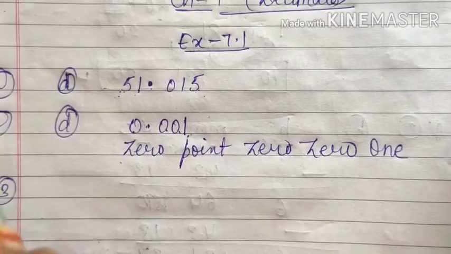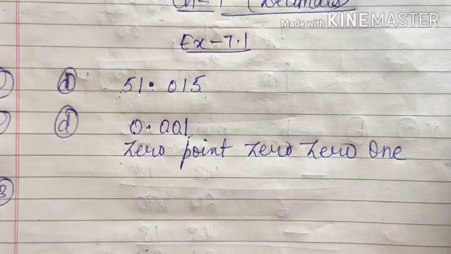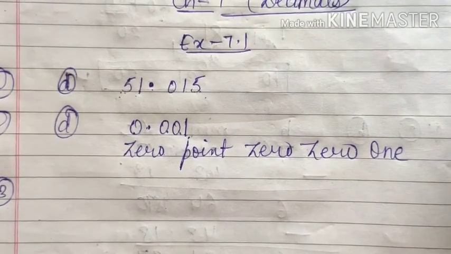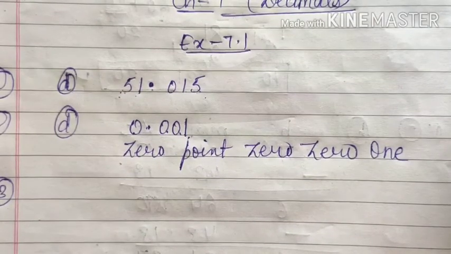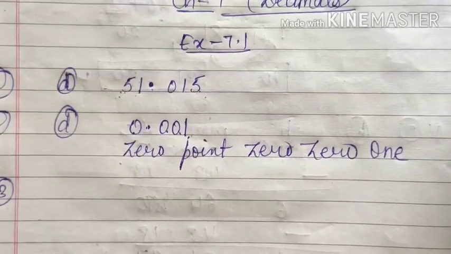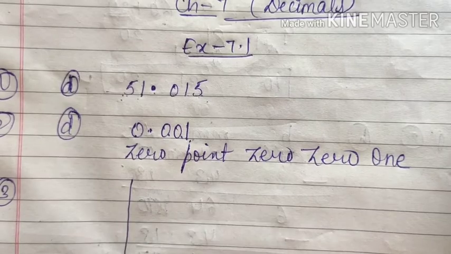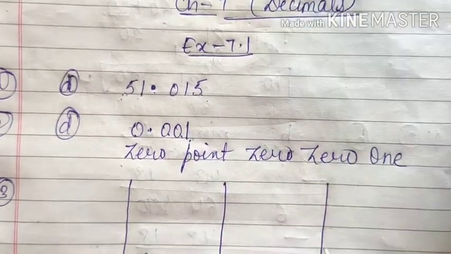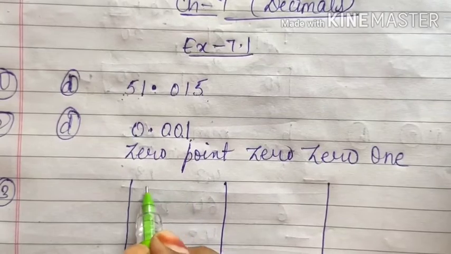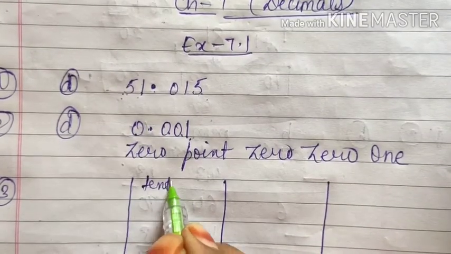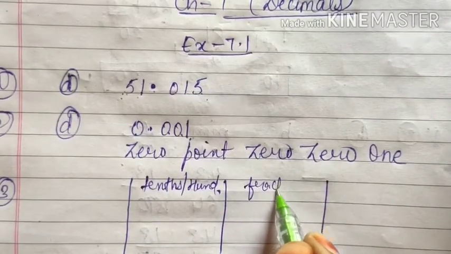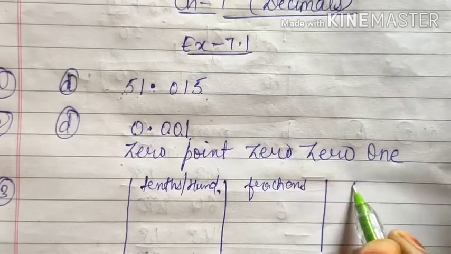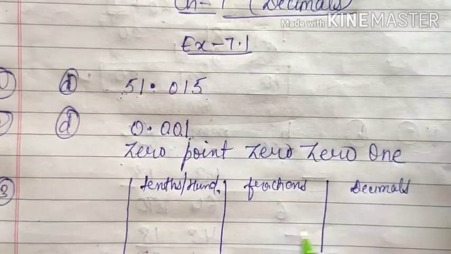Now in question number 3 we have a table. In the table, the first section has one diagram given in the form of boxes. That means some boxes are there and some part of those boxes has been shaded, as we have learnt in fractions. Then after the diagram, we have 3 columns. In one column, it's written in words, or you can say in tens and hundreds, whatever. That means it depends on the question. Here we will write fractions and here we will write decimals. So these things we have already learned.